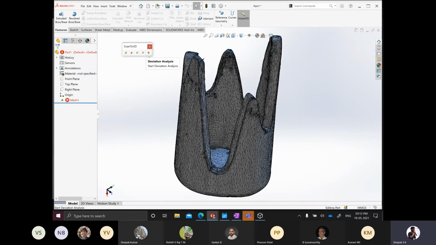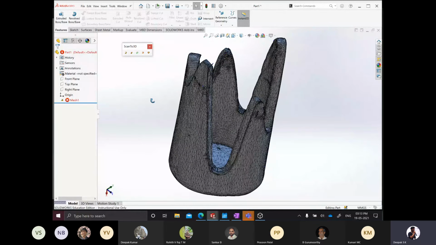And finally you have a deviation analysis. Deviation analysis is nothing but you have the cloud point data, you have the final extracted surface. Now we are going to see what is the deviation between your extracted surface and your initial data. With this you will be able to measure the approximation of your model, so how approximate or how tolerant your model is. So you can change the way in which you proceed the first 4 steps in order to get better results in the deviation analysis. Now I'll be showing 2 examples.